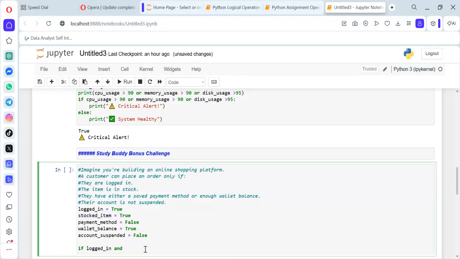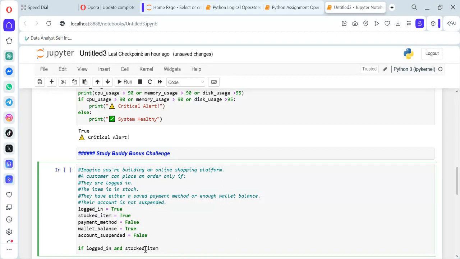If they are logged in, they must be logged in. The item is in stock. The item was being in stock only if they logged in. That is, and stocked item,